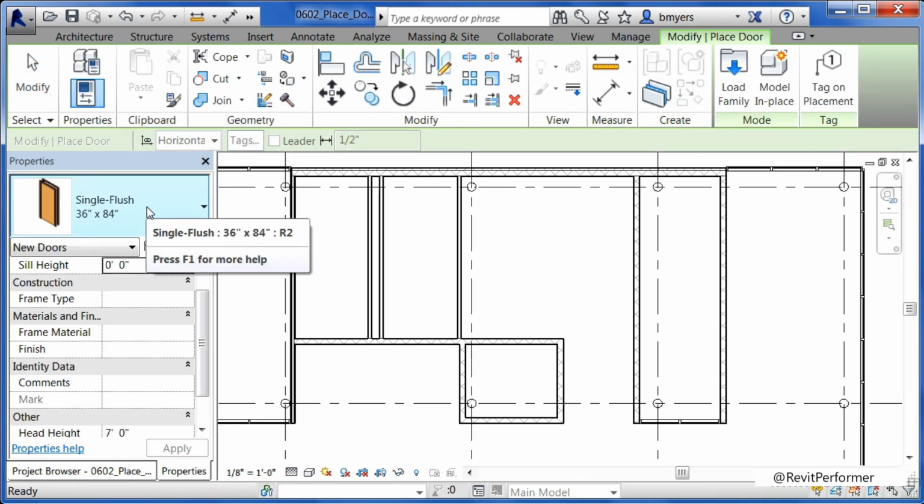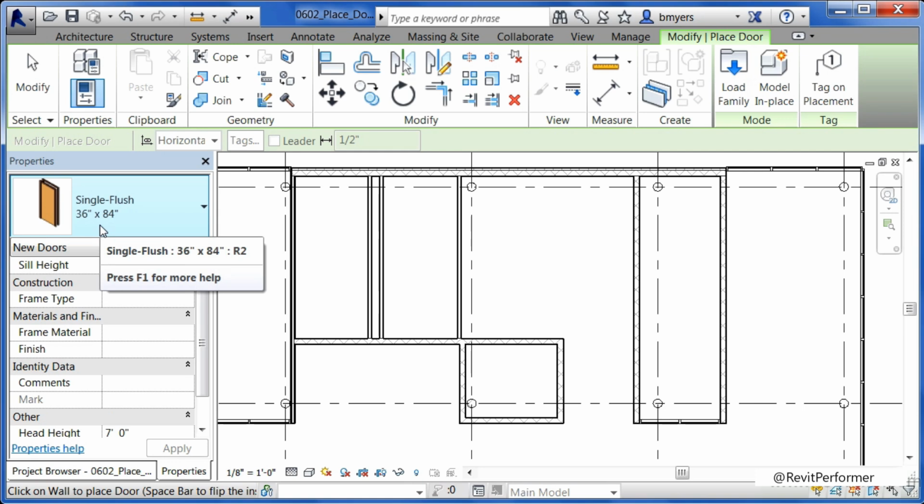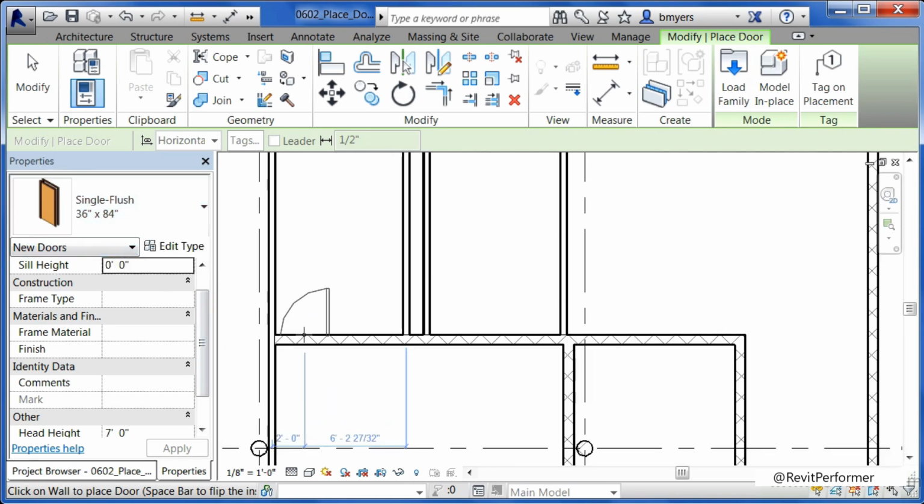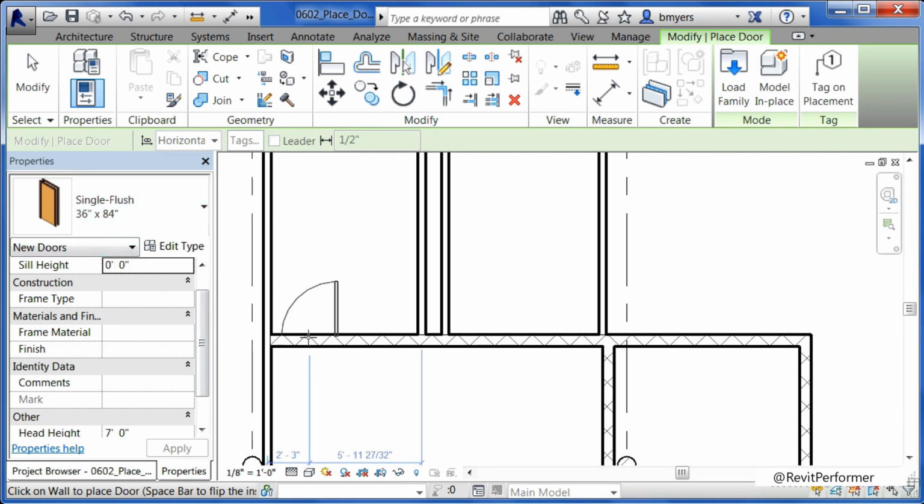Select on the door command one more time. 36 by 84 in this case works just fine for me. If I didn't want to have this kind of door, I could always come up here to load and then load in a different type of door for this condition, but 36 by 84 should work just fine for this area. Move down here. Hit the space bar in order to switch the door swing so that it's up against the wall, and then click to